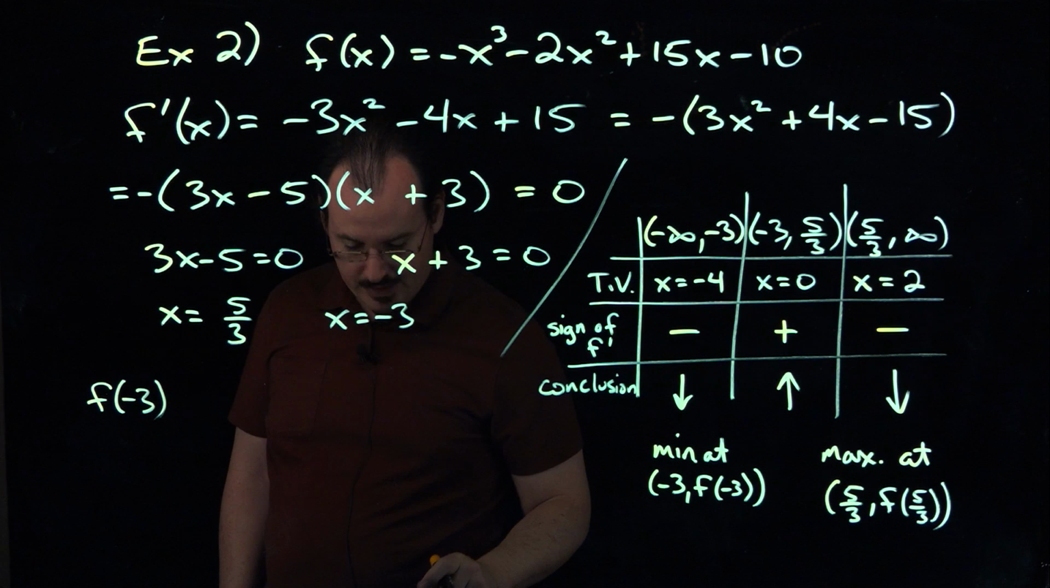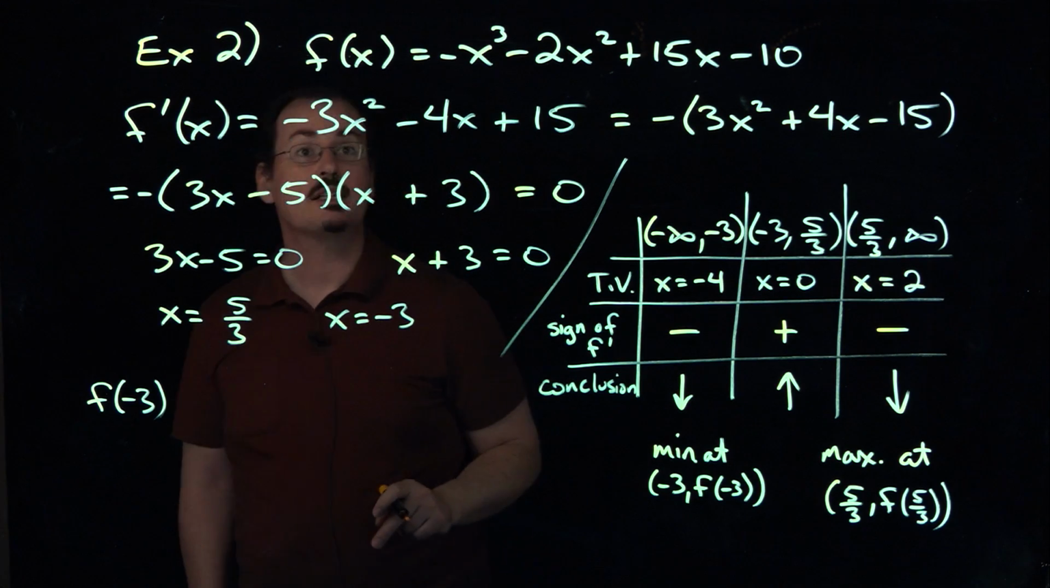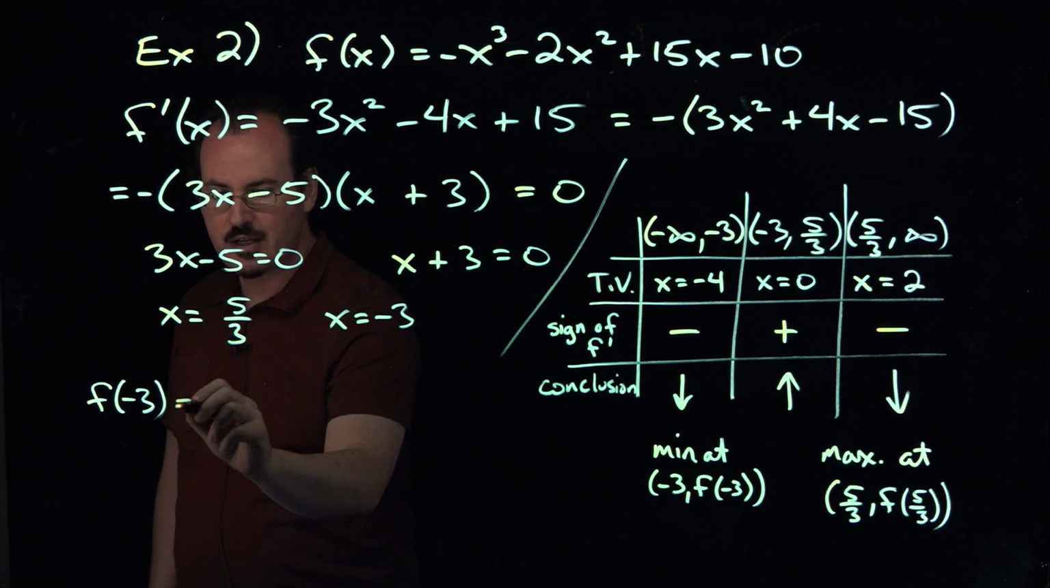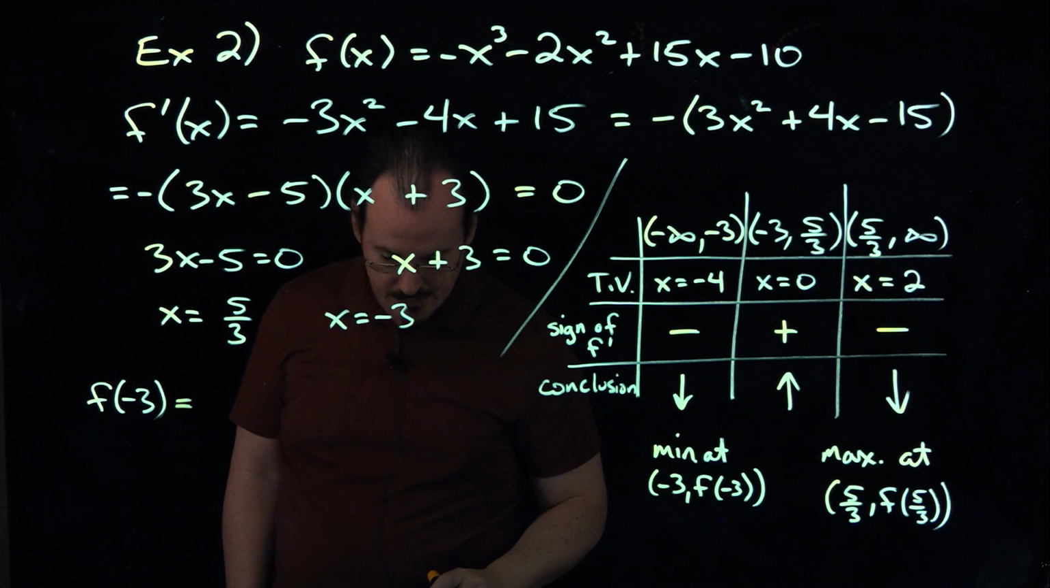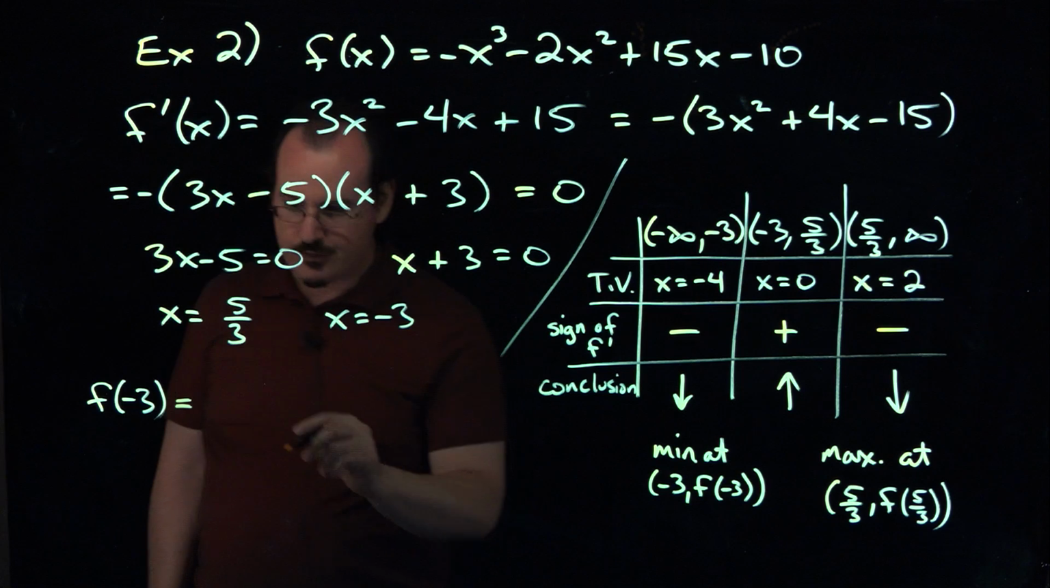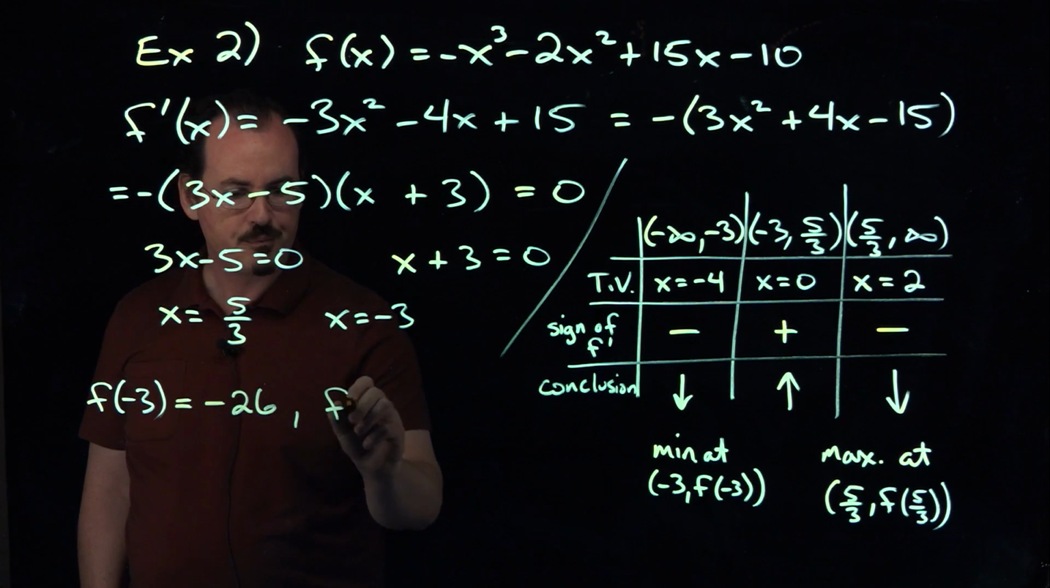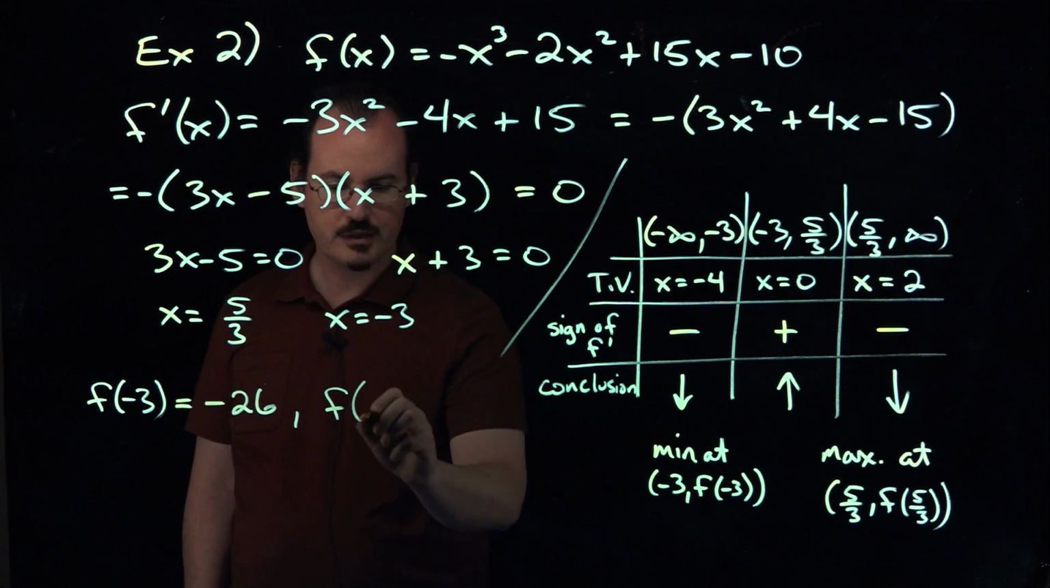I've got this stored in my calculator, so you can find f of -3 pretty easily. But for you, what you're going to want to do, of course, is plug that in for all of the x's here in the original function. Simplify that. Can you do that on your calculator? And so I get -26 for that. And then for f of 5/3,